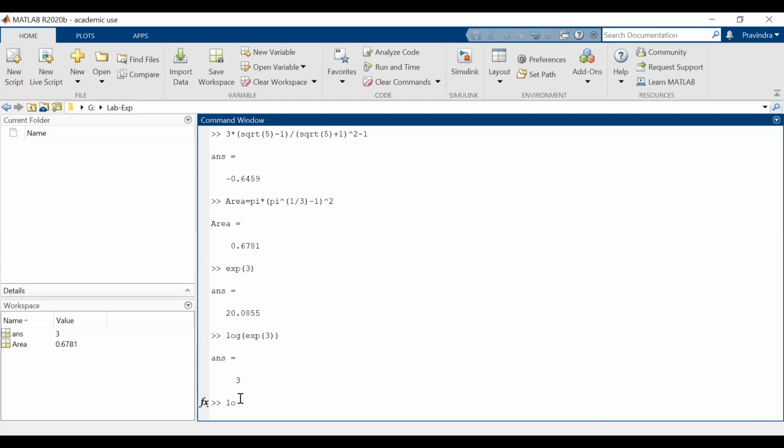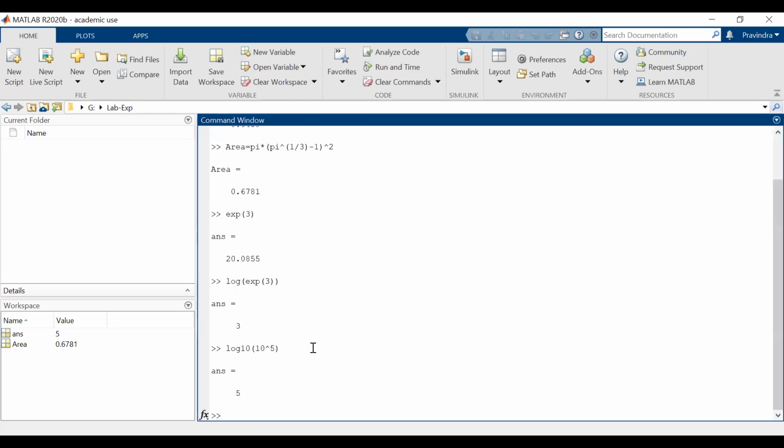So the answer is 5. And next was e to the power pi under root 163. So e exponential, pi into sqrt 163. So the answer is,